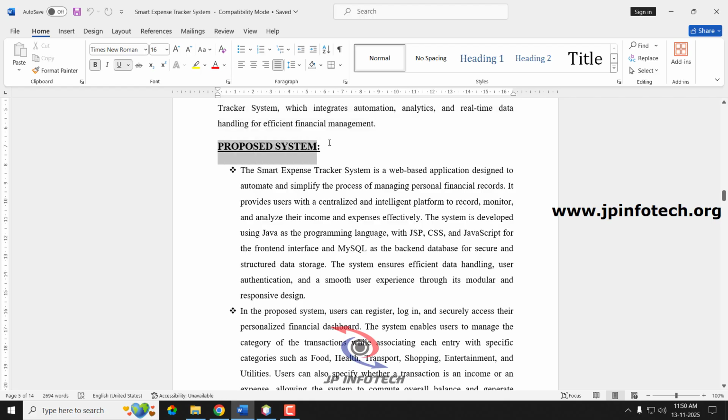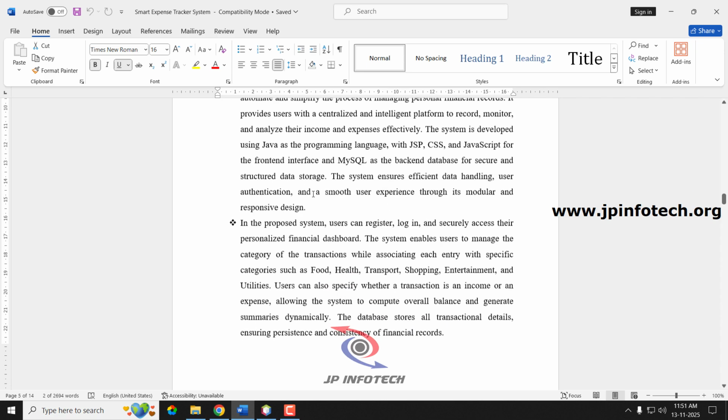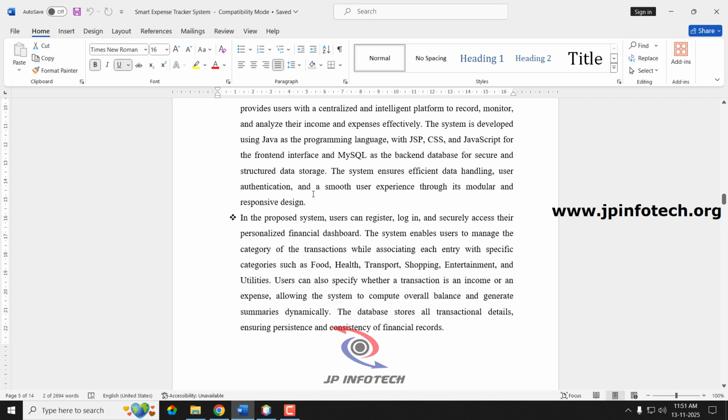So in the proposed system, we have developed the Smart Expense Tracker system, a web-based application designed to automate and simplify the process of managing personal financial records. The system is developed using Java, JSP, CSS, JavaScript and MySQL. In the proposed system, the user will register and log into the system and can enter the details of the